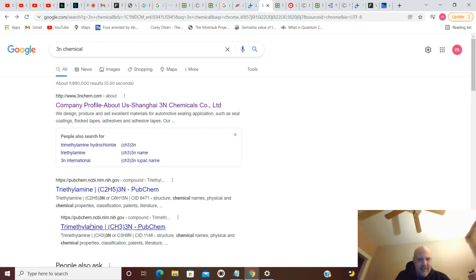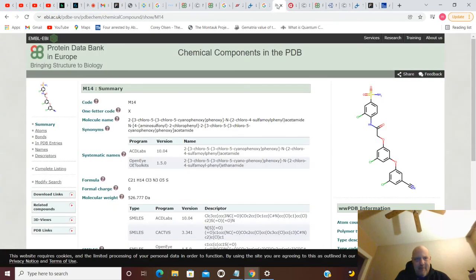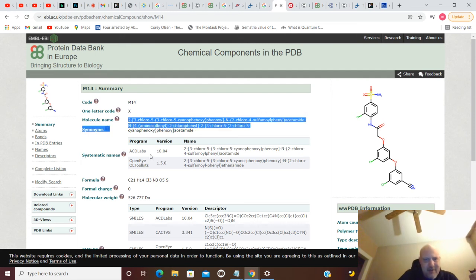And I guess this is the same thing here. So you got a chemical company and a chemical with 3N. And if we move on from that, you have M14. Code M14, protein data bank again. And it's for this long thing that I'm not going to try to pronounce right now due to time constraints. But you have another chemical component in the protein data bank.